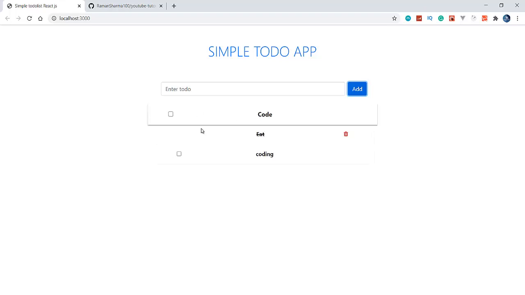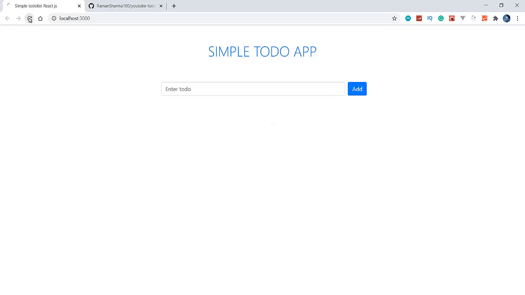When a to do is completed, simply click on this checkbox, and after that this line will come over the text here and the delete option will come. See that here, this is not completed yet, so the delete option is not there yet. Whenever I click here, the delete option will come. Whenever I click delete, it will be removed from our to do.